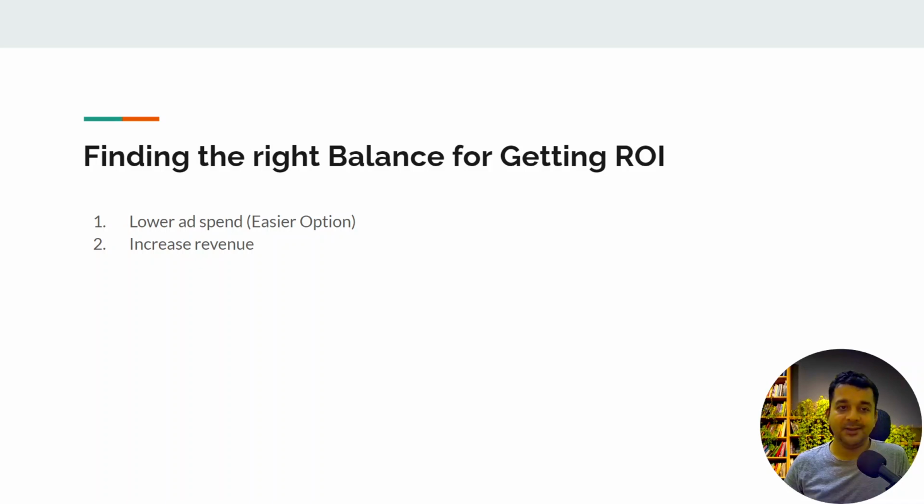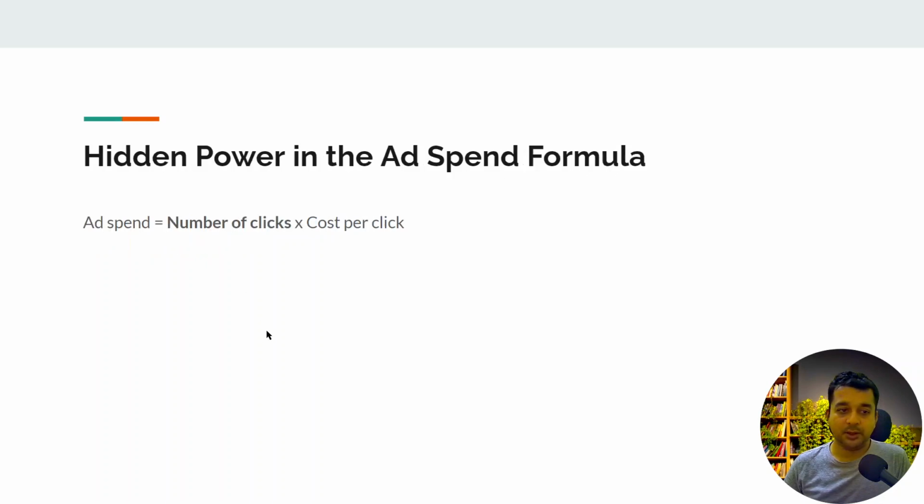Out of these two options, a lot of marketers find it easier to reduce their ad spend. Now, if we try to understand the ad spend formula, ad spend is equal to the number of clicks times the cost per click that you are paying. The easier option here is to reduce the cost per click.